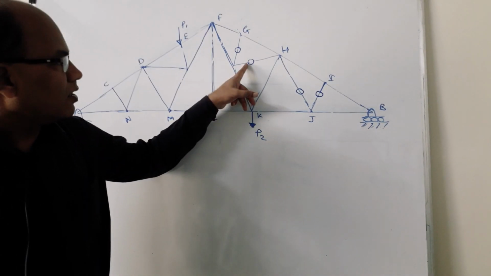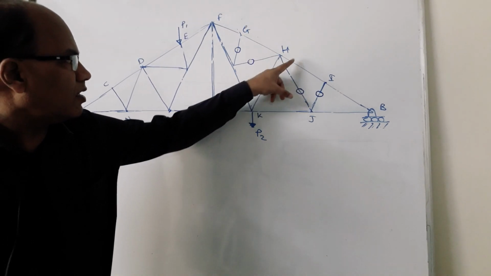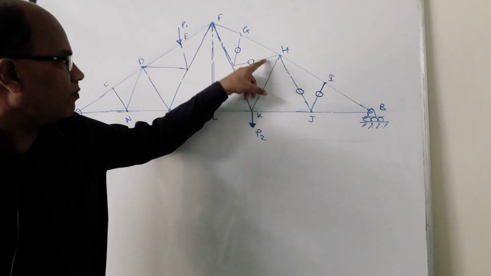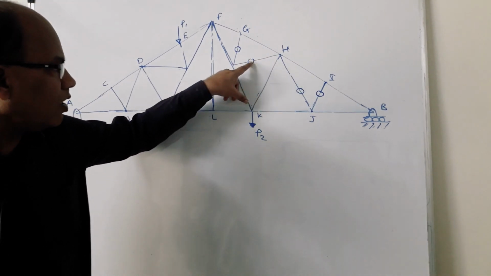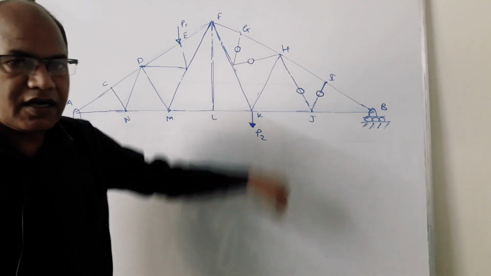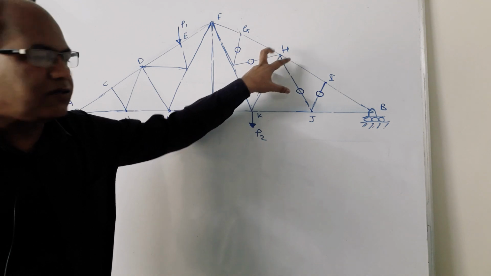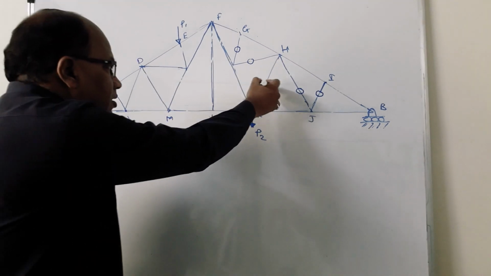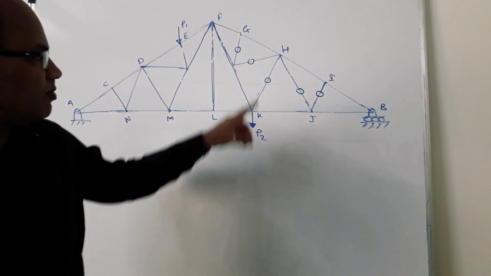Now then I can go with this joint. At this joint I can see that there are 1, 2, 3, 4 and 5 members already, but out of these 5, 2 are zero force members. So 3 are remaining and 2 out of these 3 are collinear. So the non-collinear member should also be a zero force member. So this is how we can predict the zero force members over there.